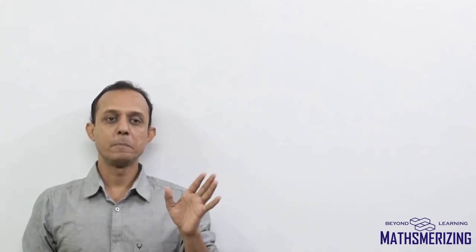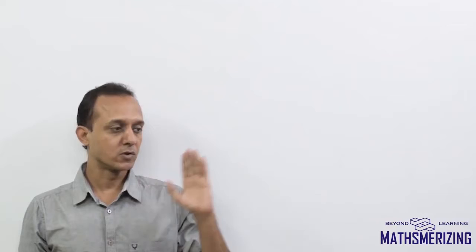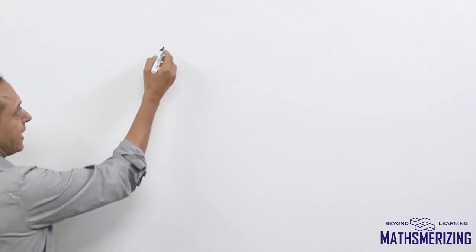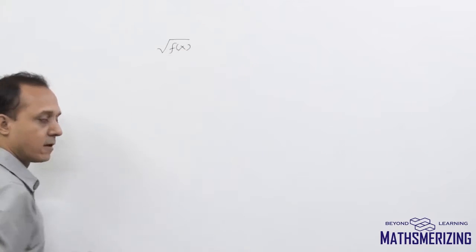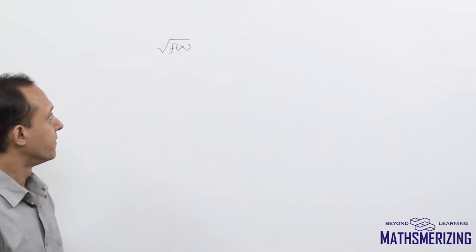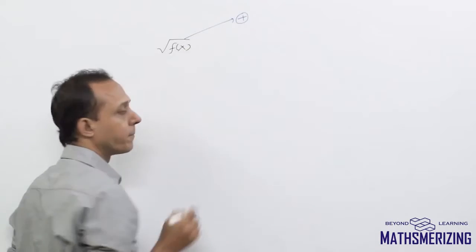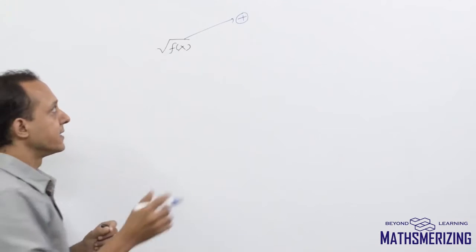So today we'll start with irrational inequalities. Now there are certain things that we must know before we can start solving irrational inequalities. The first thing is, if I see any expression with a square root, under root f(x), I must know two things. The first thing is, since it's a positive square root, its sign doesn't change, so it'll always be positive. And the second thing is,